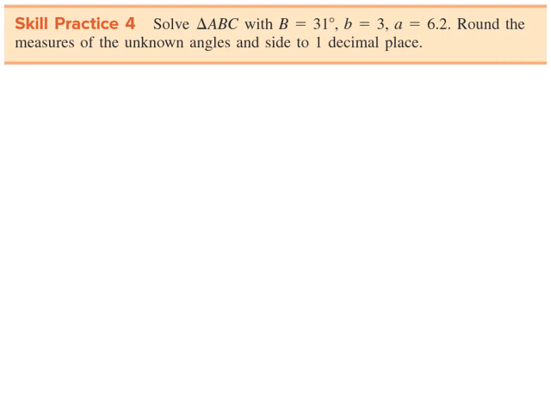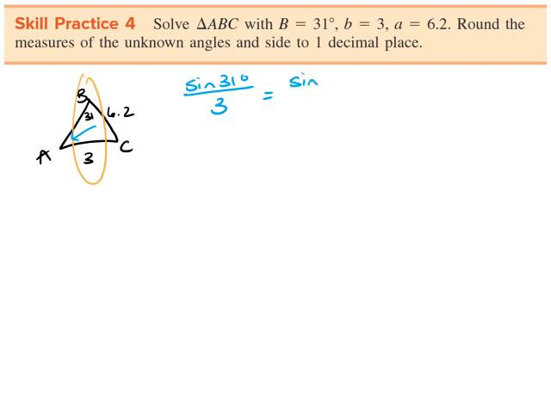Here, drawing a triangle. This is 31 degrees, this is 3, and this is 6.2. When you set this up, you have to use this information and you must find angle A. So sine of 31 degrees divided by 3 is equal to sine of A divided by 6.2. When you cross multiply, sine of A is